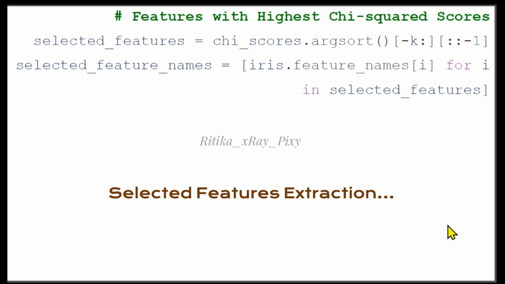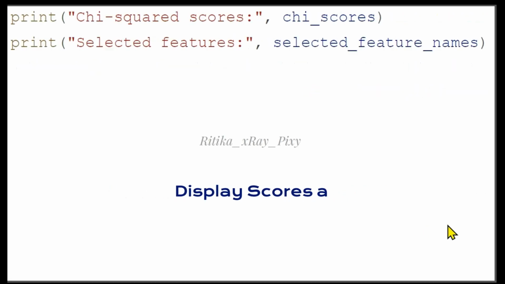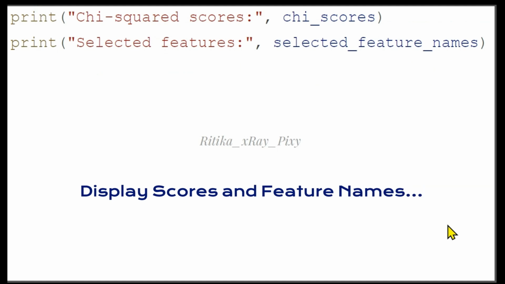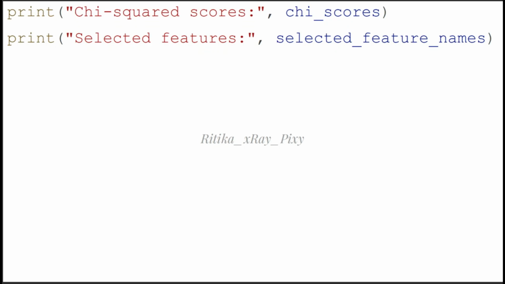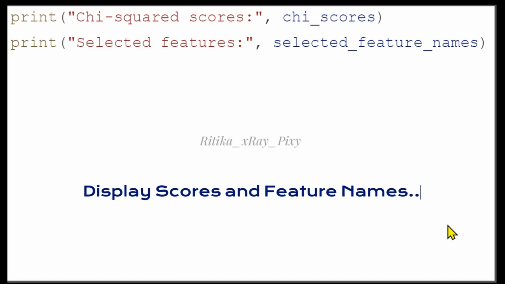So in the end, finally we will display the selected feature names based on their score. So here we will print the score and then selected features. So display the score and the feature names. Now feature selection is done.